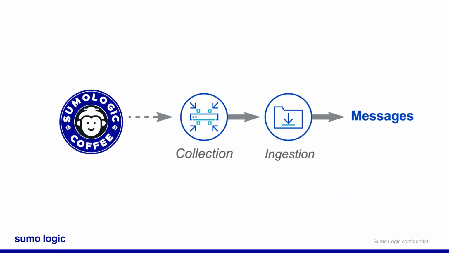Now to go a little bit deeper, let's say we have a company. In this case, our company is going to be Sumo Logic Coffee. And Sumo Logic Coffee does collect and ingest millions of log messages into Sumo Logic. Now, typically, you can use these messages right away in many Sumo Logic apps like we saw yesterday. But to use them in Cloud SIEM Enterprise, your admin is going to need to enable data forwarding. Your admin is also going to need to create log mappings, field extraction rules, and complete other pre-processing steps to extract the right data. And once again, that's focused on in the administration class.